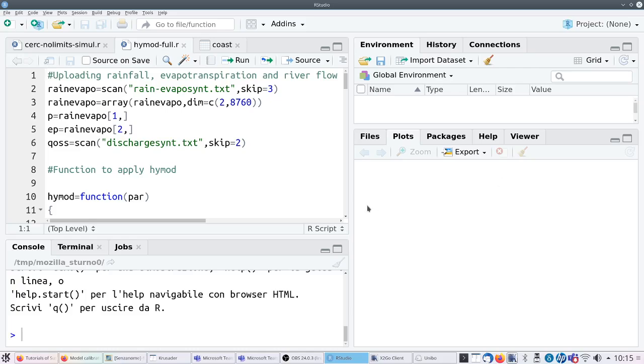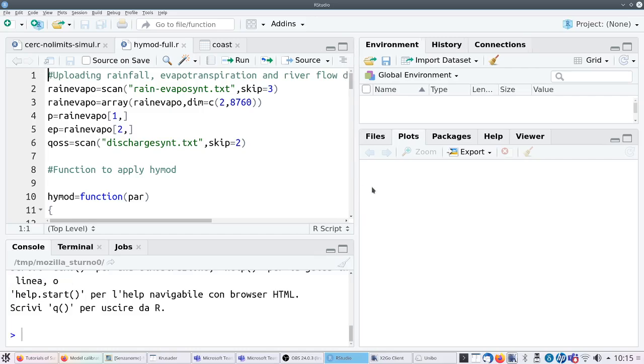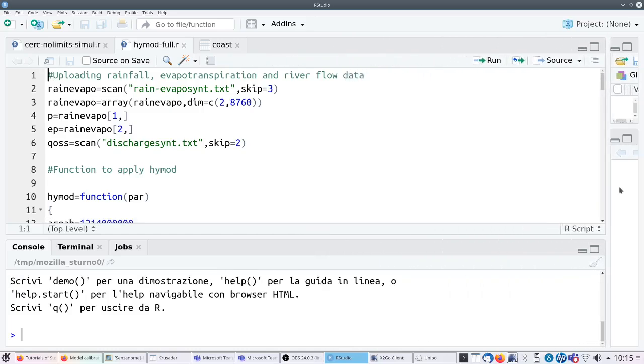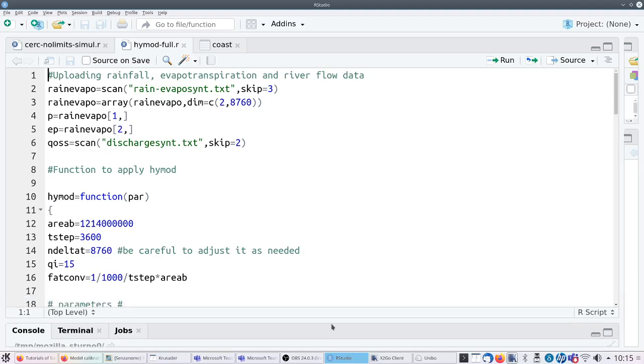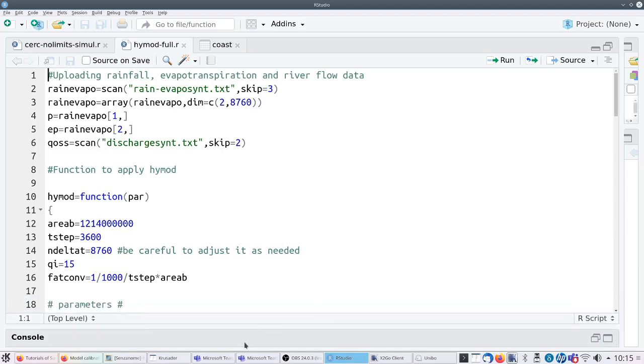Now, as I said, we should look at the script, and in order to look at it, I think it is much better if we expand the script window. Here we are. Okay, now